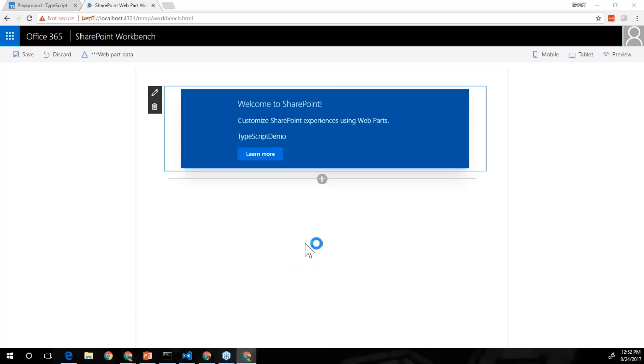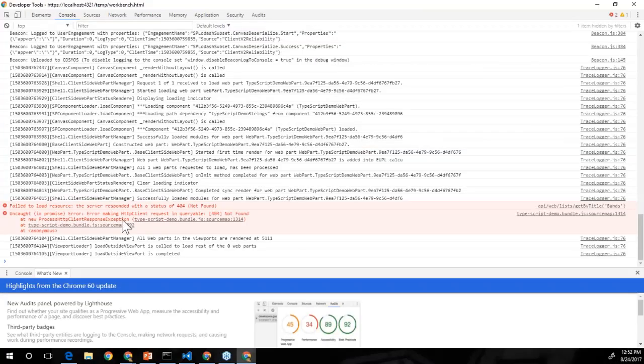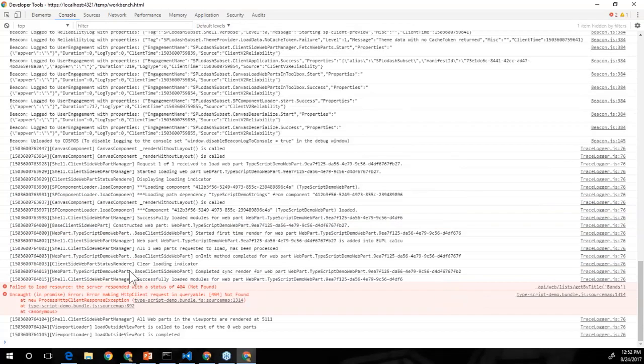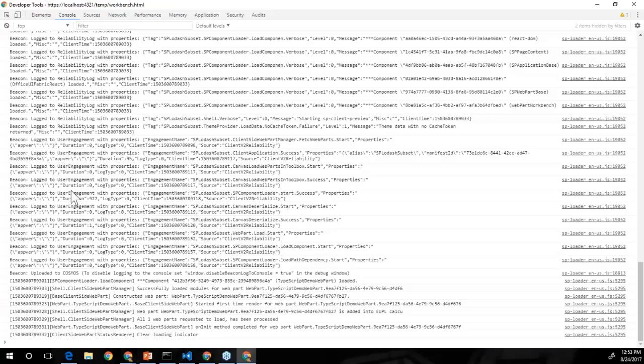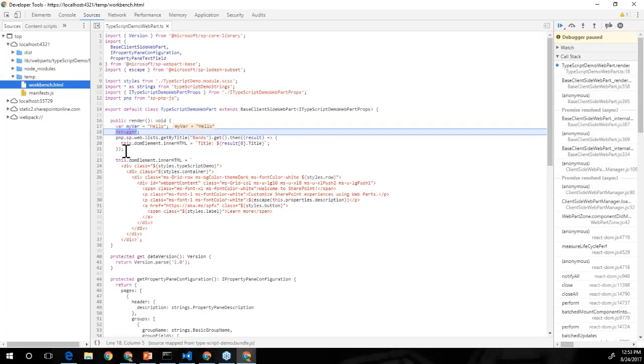If we look at our developer tools, we have some nice nasty messages where it says, okay, _API. Well, this is trying to communicate with SharePoint since we're using the PnP, but it's not in SharePoint, so it's not going to work. But if I refresh, our debugger statement should hit since we have the developer tools open. And if you look at it,